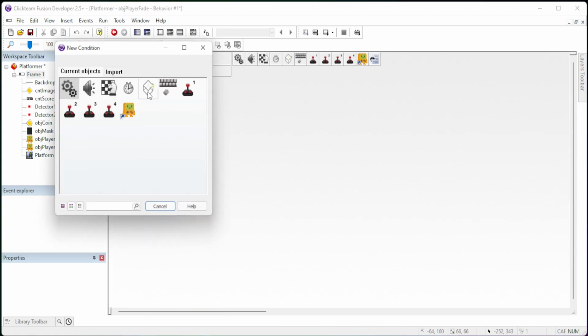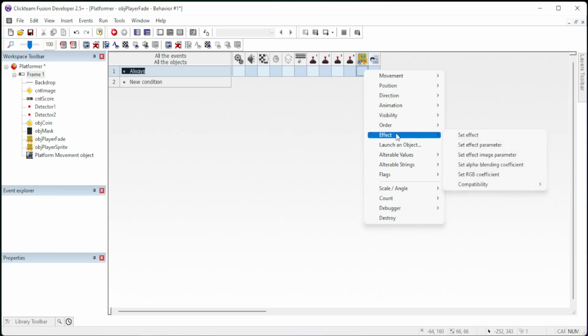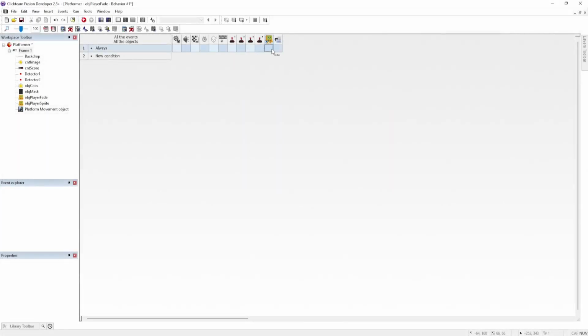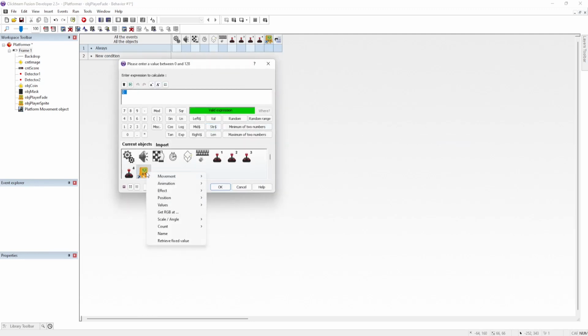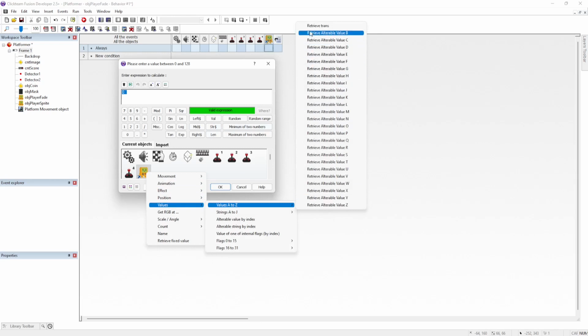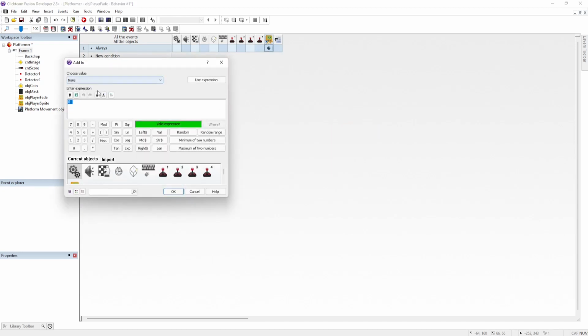And what we're going to do is we're always going to set, oh, cancel. We're always going to set our, go to effect, compatibility, and let me go ahead and fix this really quick so you guys can see it all. We're going to set its effect, compatibility, set semi-transparency to its value of trans. All right. And then we're also going to want to always, under our alterable value, add to trans by